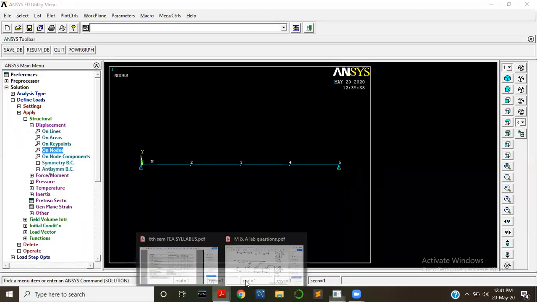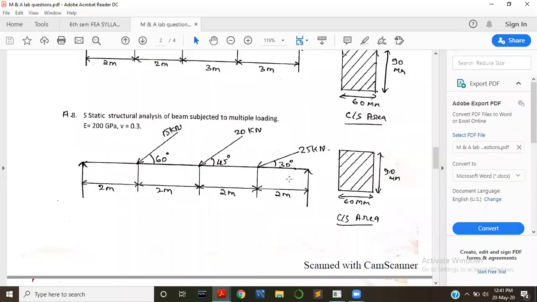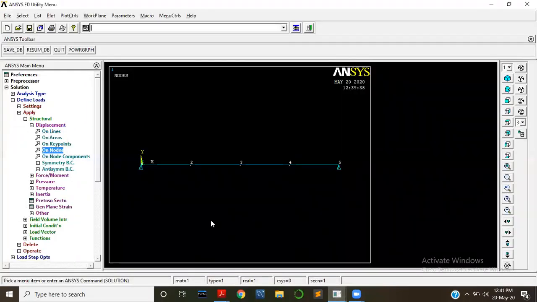So here in the question, we applied simple supports at 1 and 5, and next we have to apply angular nodes like this. For this, we can apply like this. Next, go to preprocessor modeling, modify.